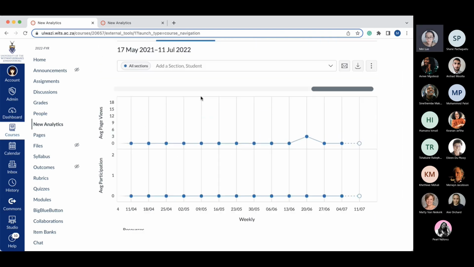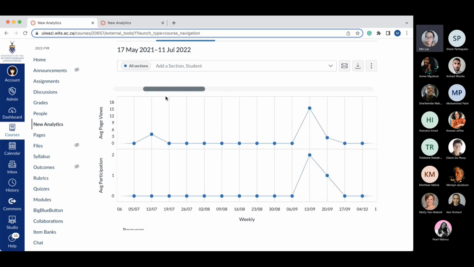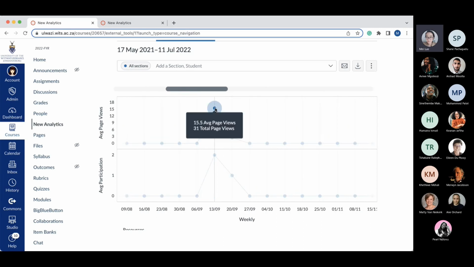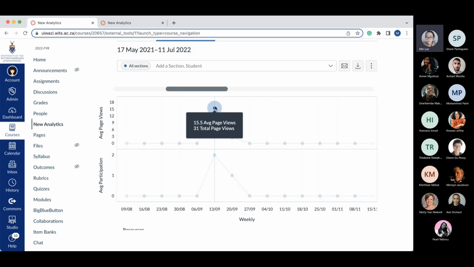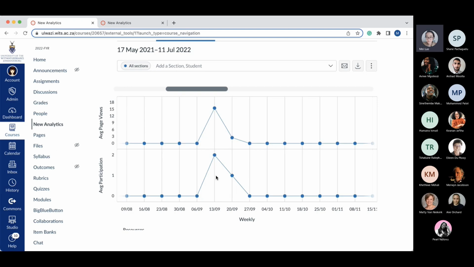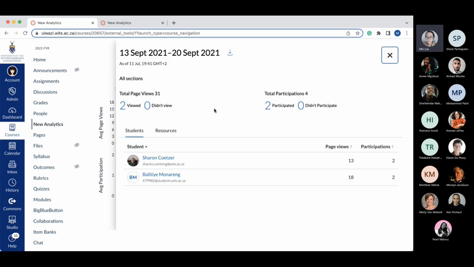Okay, so if I scroll all the way to the beginning, as you can see there's a dot over here, and an average. It means that at this point in time, on the 13th of September, there was a lot of participation as well as page views on this particular day. You can hover your mouse and click on the blue dot over here. This tells you there are 2 who viewed this page, and 2 who participated